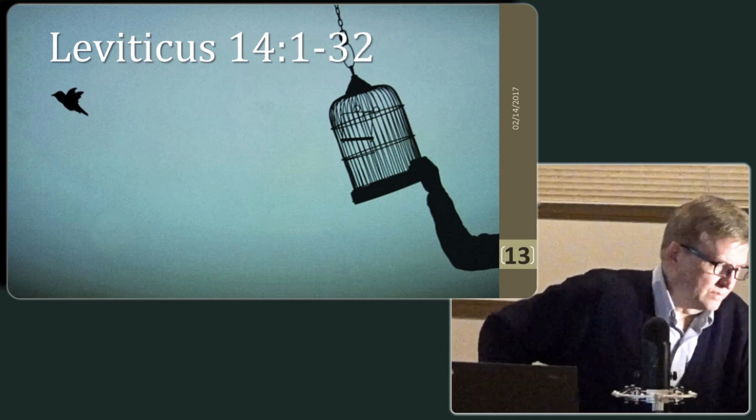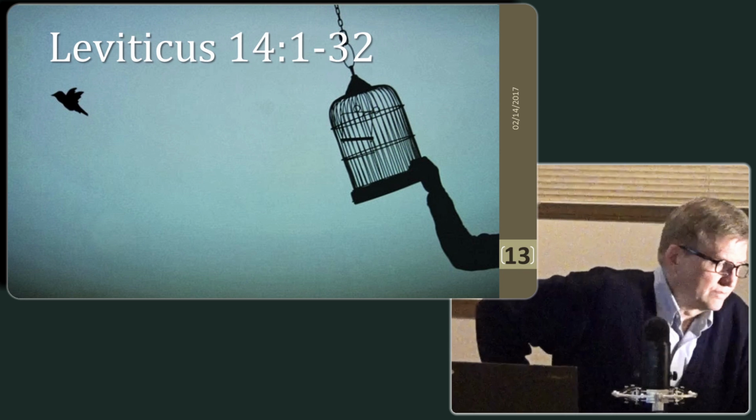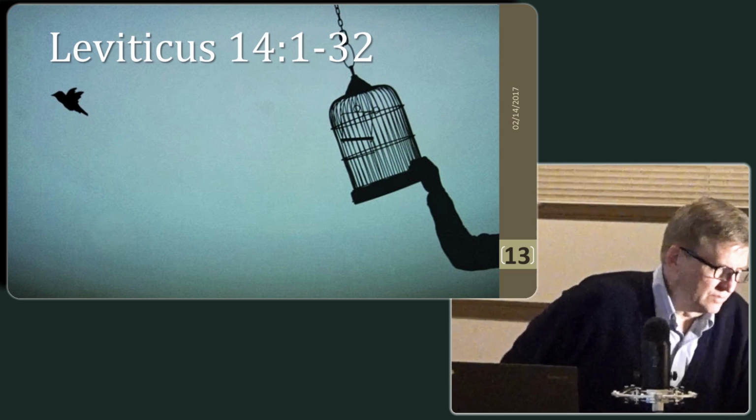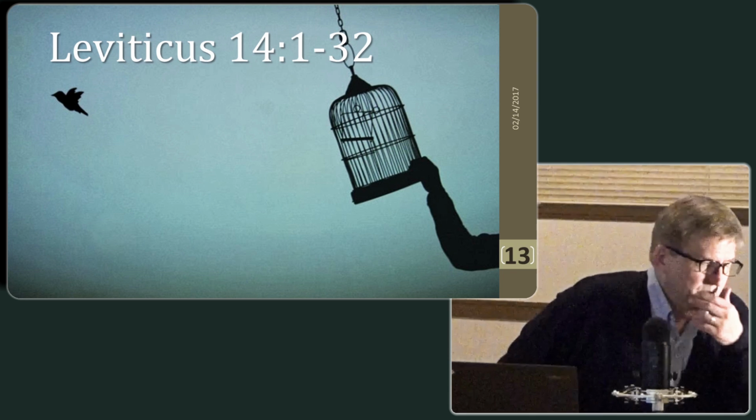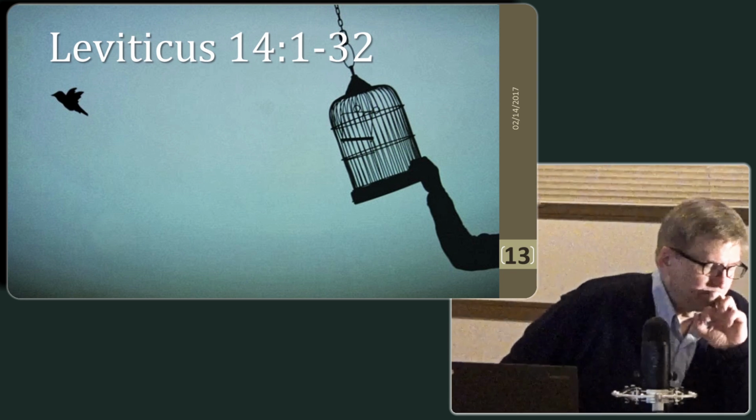And some of the oil that remains in his hand the priest shall put on the lobe of the right ear of him who is to be cleansed, and on the thumb of his right hand, and on the big toe of his right foot, on top of the blood of the guilt offering. And the rest of the oil that is in the priest's hand he shall put on the head of him who is to be cleansed. Then the priest shall make atonement for him